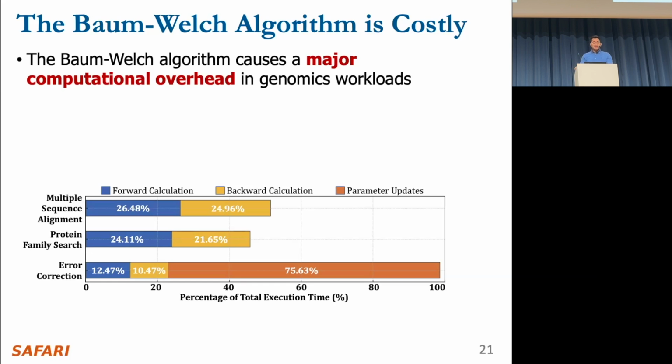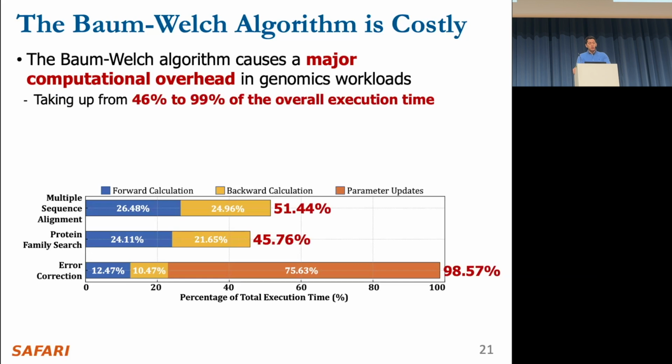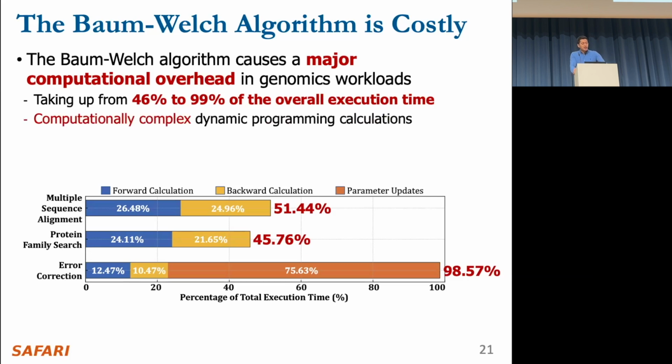What we see is that the Baum-Welch algorithm causes a major computational overhead in genomics workloads, taking up from 46% to 99% of the overall execution time of the entire application. This is because it contains computationally complex dynamic programming calculations, which are very compute intensive, including